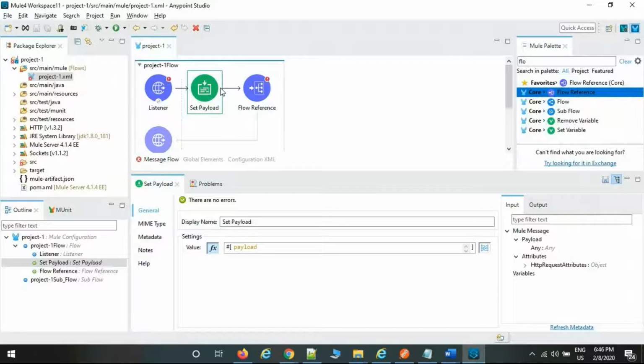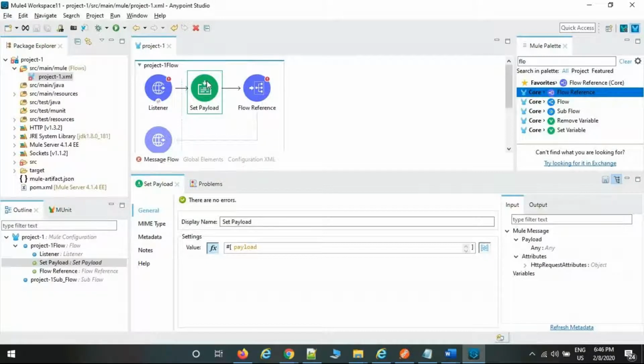The general term we use is body; we are sending the data via the body. But from the MuleSoft point of view, they call it set payload. Set payload means the payload is the body. We are setting the data into the payload. We are setting the data into the body. So that is the reason they call it a body.